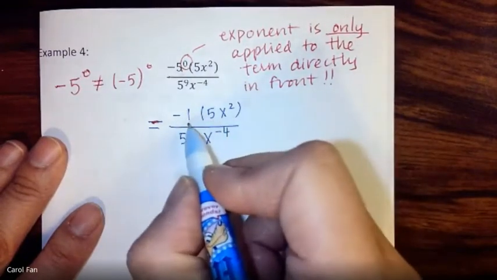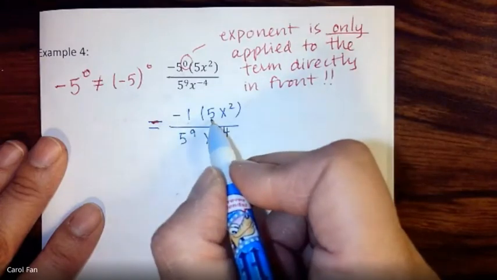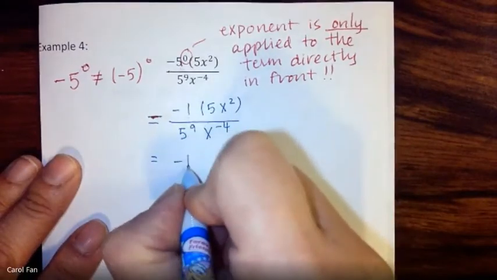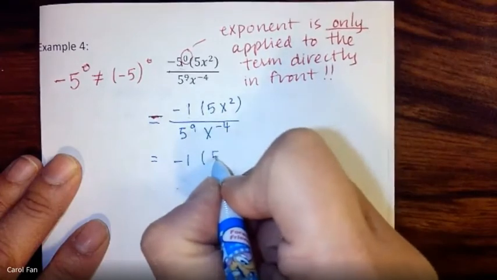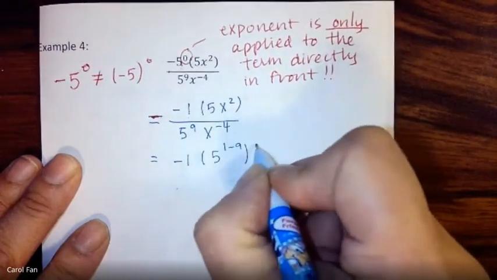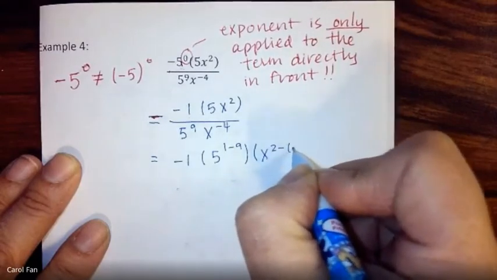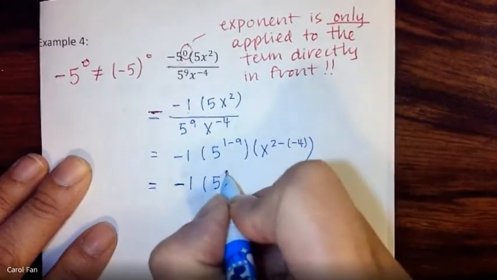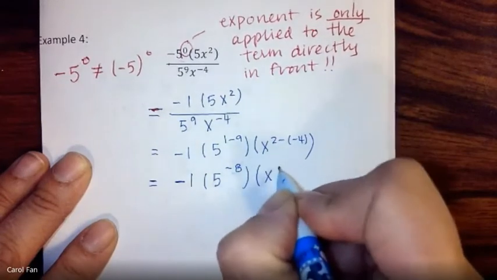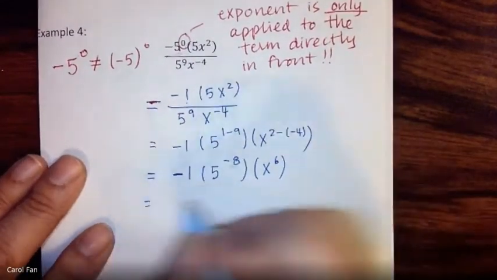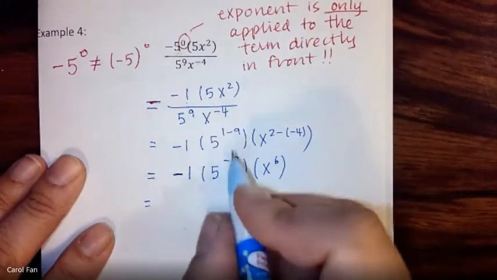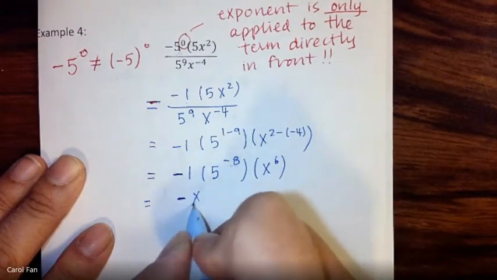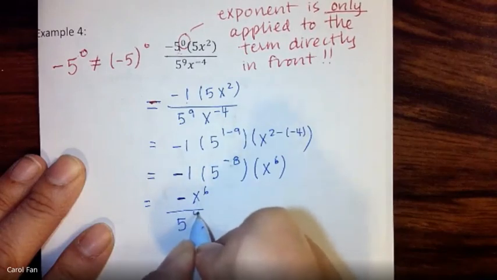-1 and a 5, we've got another base now. One of the bases is a -1. We have a base of 5 and a base of x. So when we simplify it, I'm going to leave my -1, and then I'm going to deal with my 5, 1 minus 9, and then I'm going to deal with my x's, 2 minus 4. So this becomes -1 times 5 to the power of -8, x to the power of 6. And we need to rewrite it so that we have things with a positive exponent. So our numerator, I have -1 times x to the power of 6 all over 5 to the power